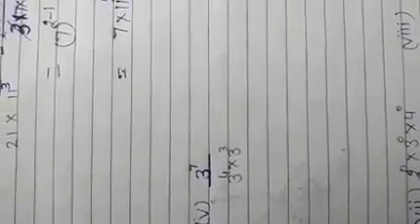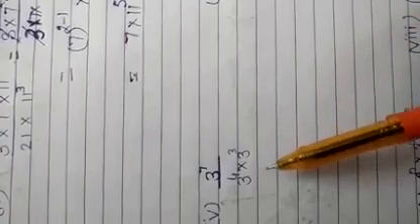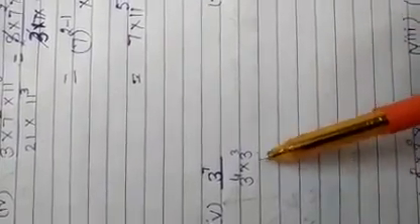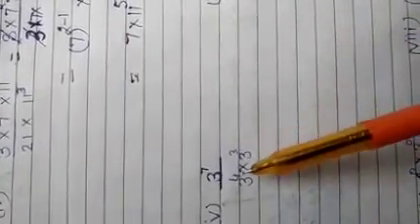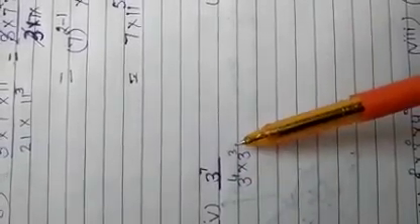In this question we are given 3 raised to the power 7 upon 3 raised to the power 4 multiply 3 raised to the power 3. So first of all you need to find out the identity or law which we are going to apply here. Observe carefully. Here in this, the bases are the same, 3 and 3, but the powers are different. Here power 4, here power 3. They are different.